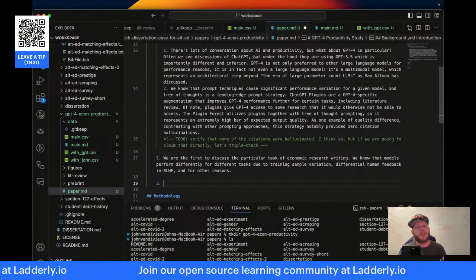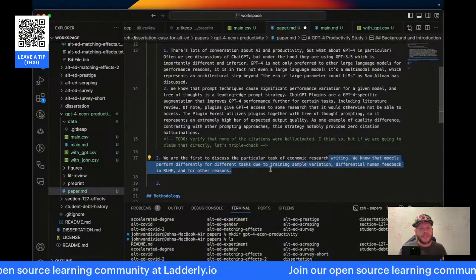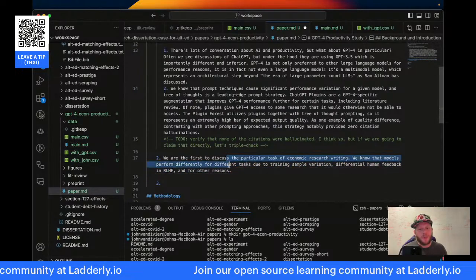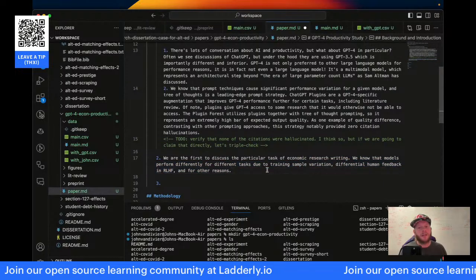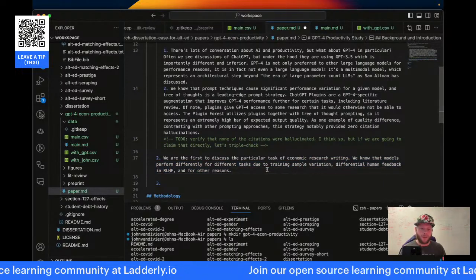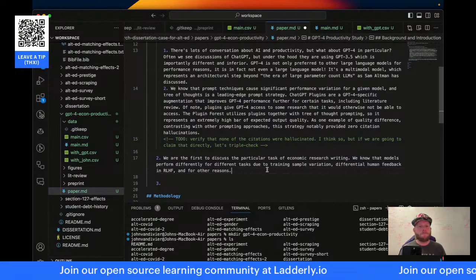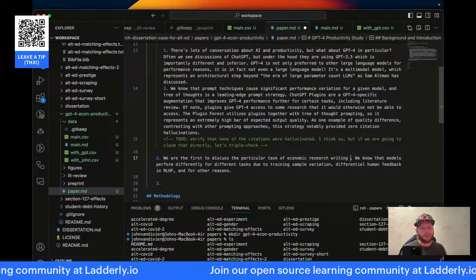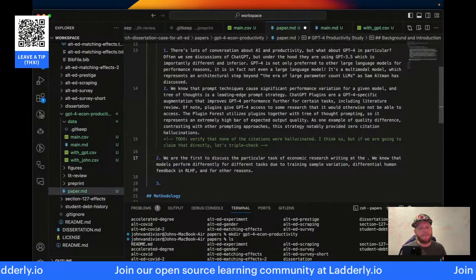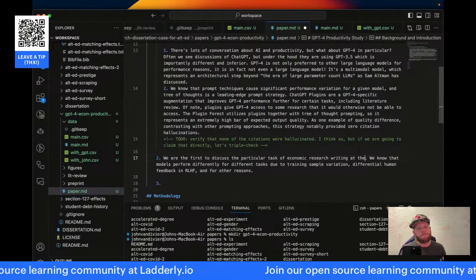Okay, we're the first to discuss the particular task of economic research writing. We know that models perform differently for different tasks due to training sample variation, differential human feedback, and for other reasons.